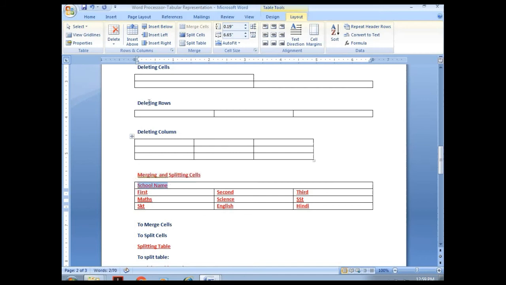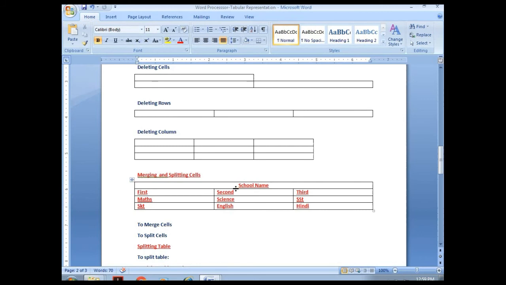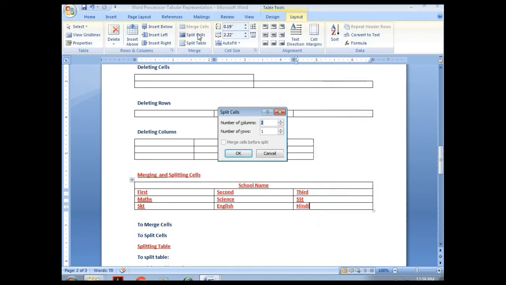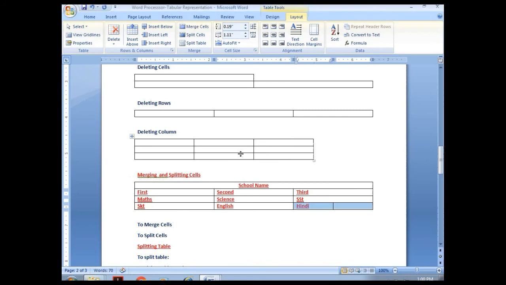We can make it center so that it will look nice. If we want to split a particular cell, we can split a particular cell to do subdivision.